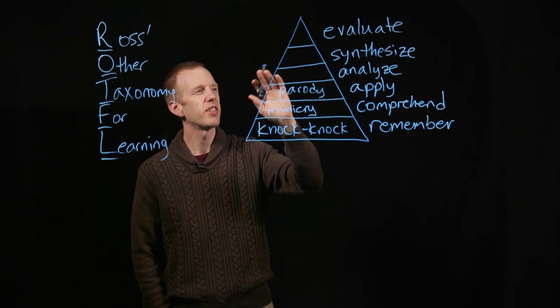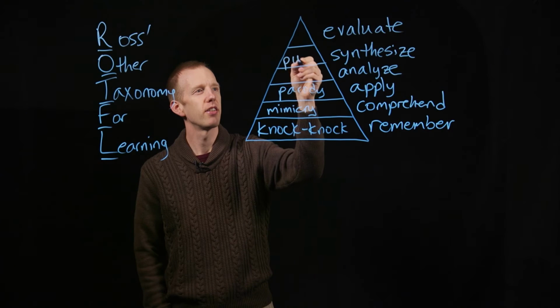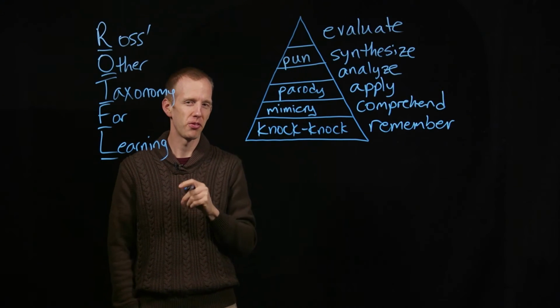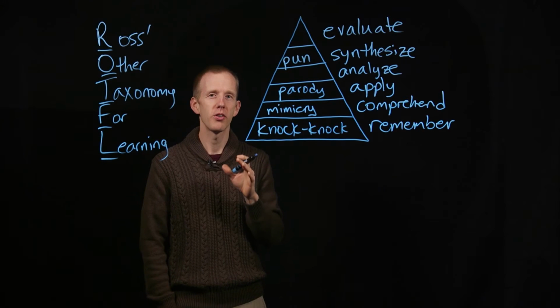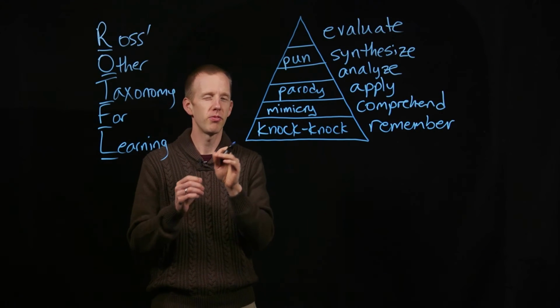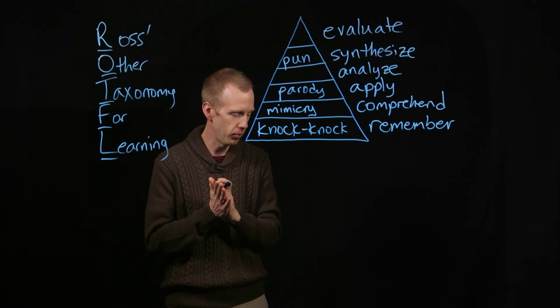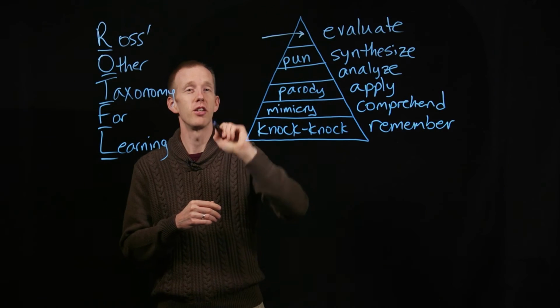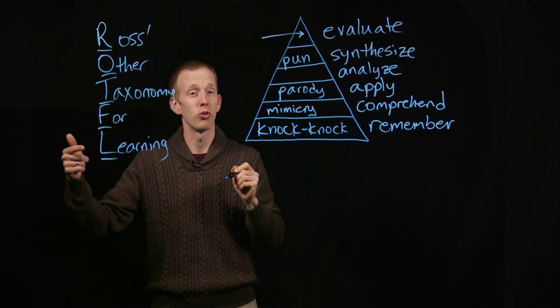Then the synthesis requires maybe punning, one of the highest levels of comedy. It requires a lot of information and cognitive ability to understand what's funny about puns and to develop puns. And finally, the highest level in Ross's other taxonomy for learning,